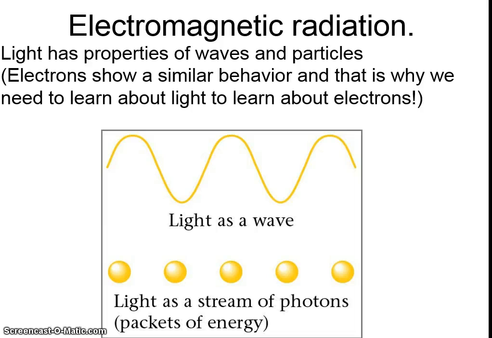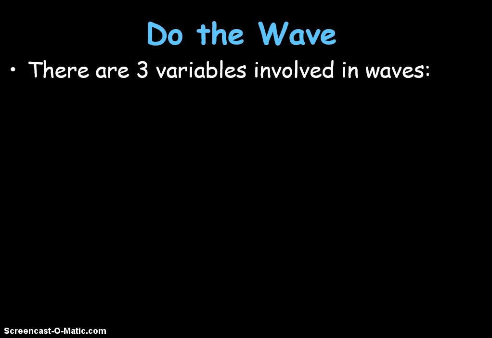So the focus of this chapter is electrons, and the thing is that electrons behave very similarly to how light behaves, because light has properties of both waves and particles, and electrons also follow these laws of quantum mechanics. So we're going to do a little bit of an introduction about the behavior of light before we get into the behavior of electrons. Okay, so the first thing we're going to do is we're going to label a wave,